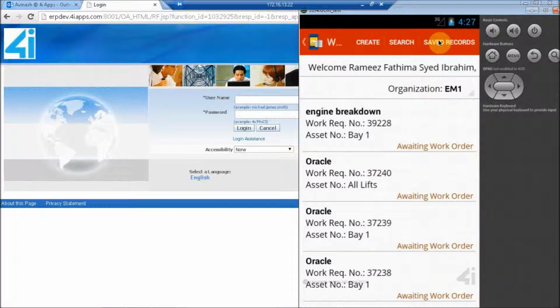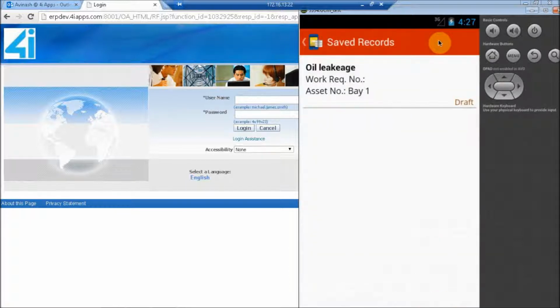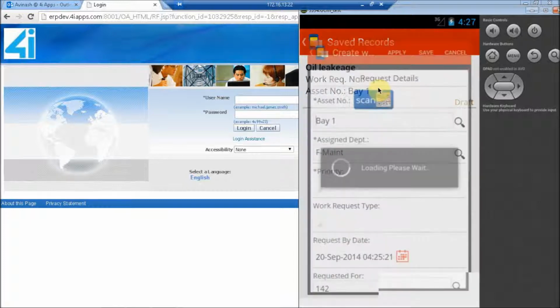Now these requests, I can view it from here. So I have this request here and the status is draft here, which means it is still not posted to EBS. So I can open this request.